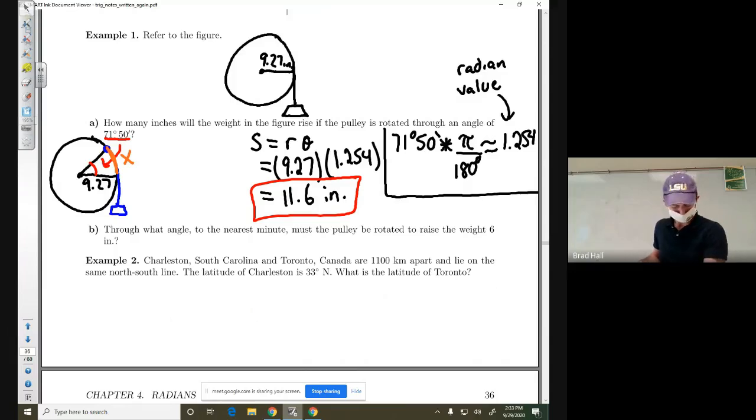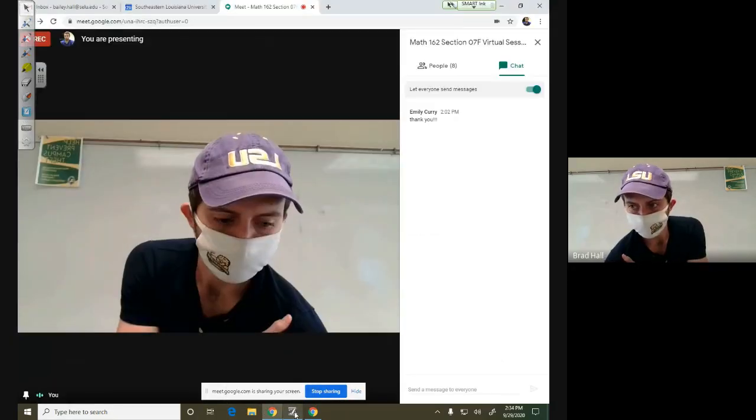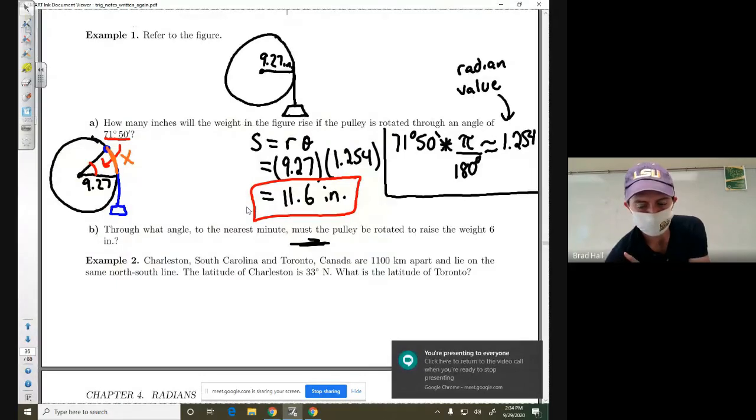No idea why my notes have spacing for B, but on here there's no spacing for part B. There's no space to put the problem. I did not put any space here, but in my notes I have plenty of space. It's interesting. All right. Well, what I want to do about that is,